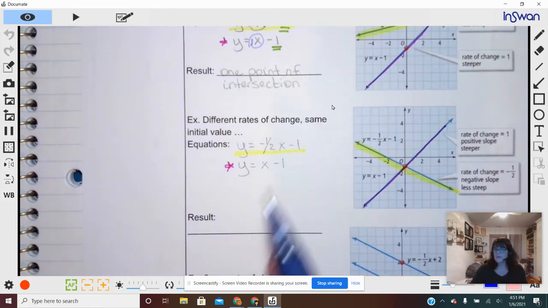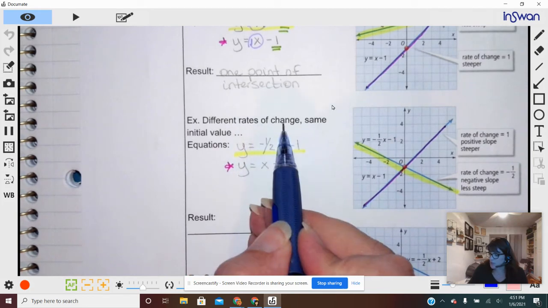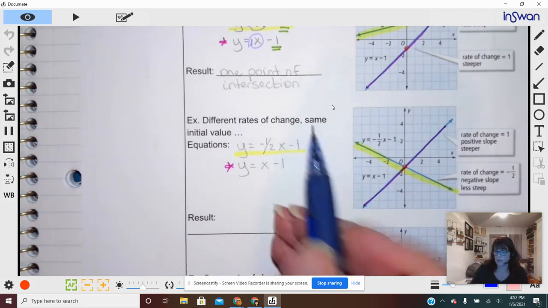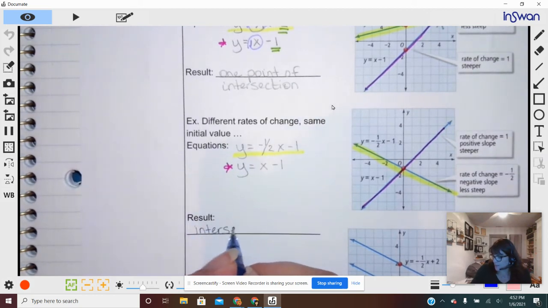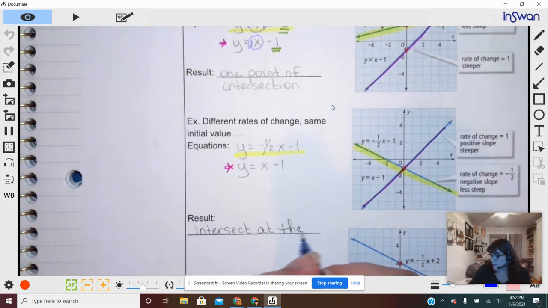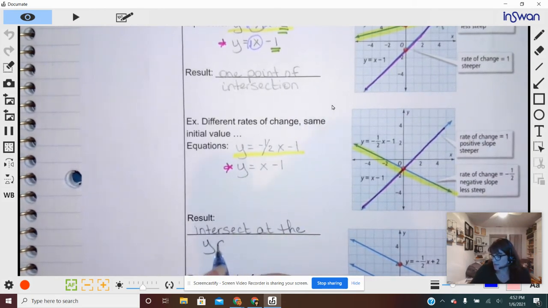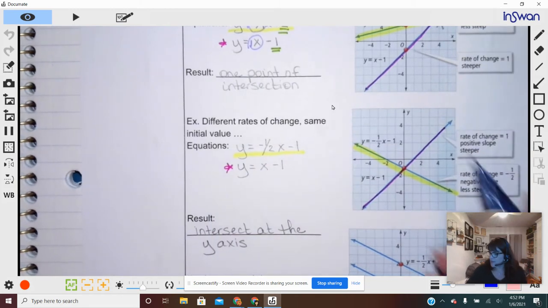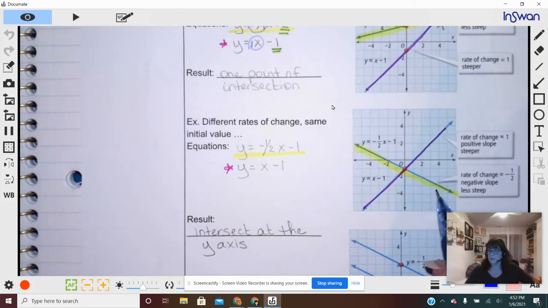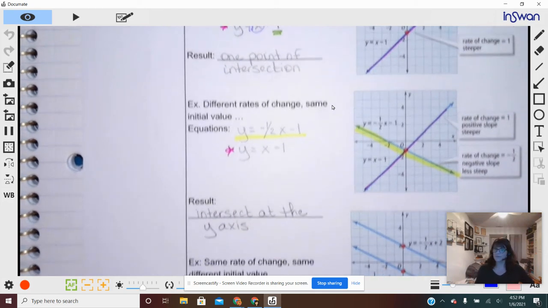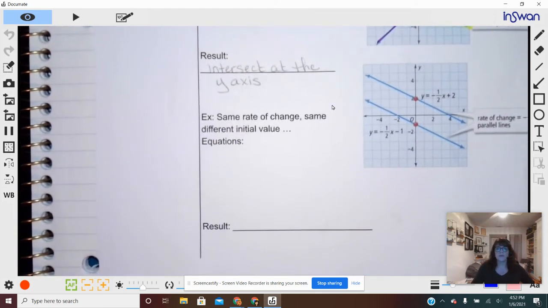But what happens when you have different rates of change and the same initial value is that you intersect at the y-axis. They start at the same point and then go very different directions. Okay. Now, the last one I want to look at,